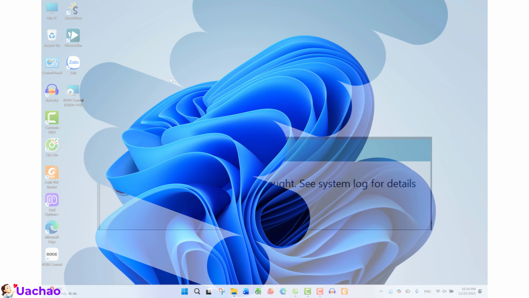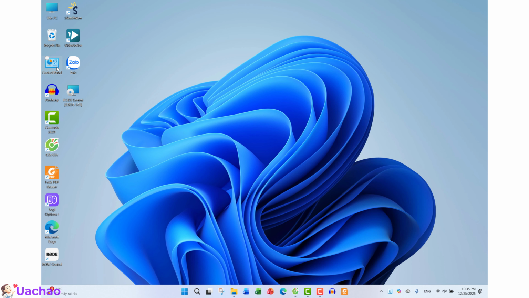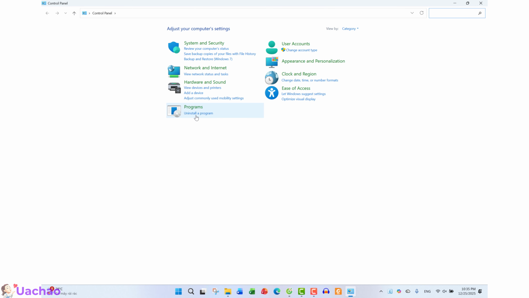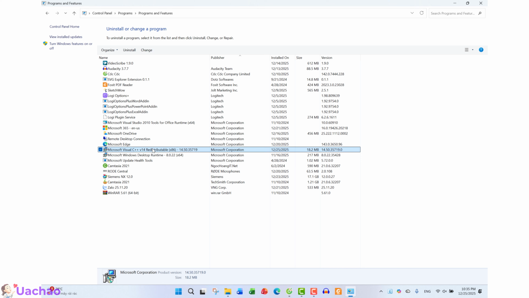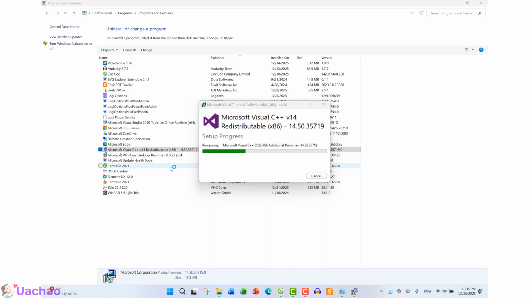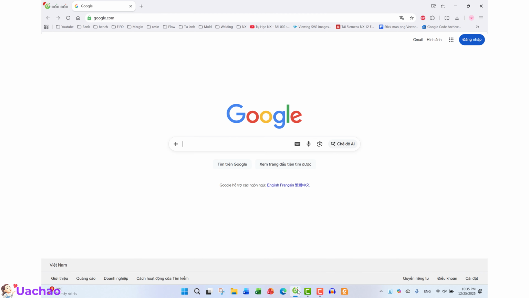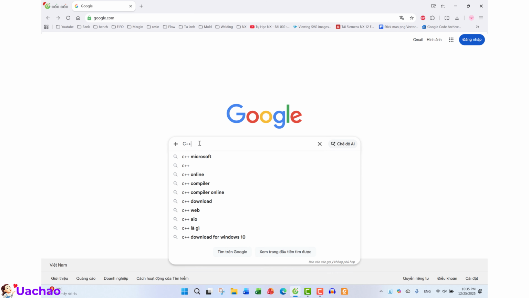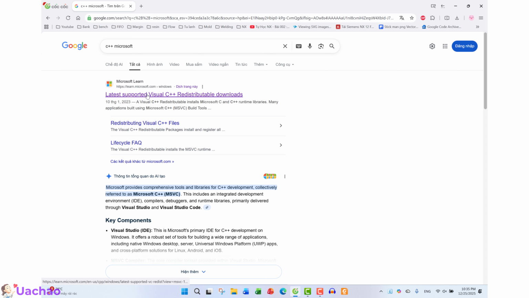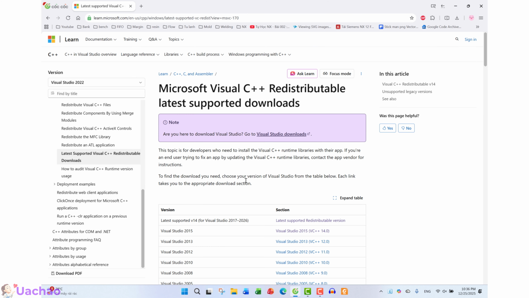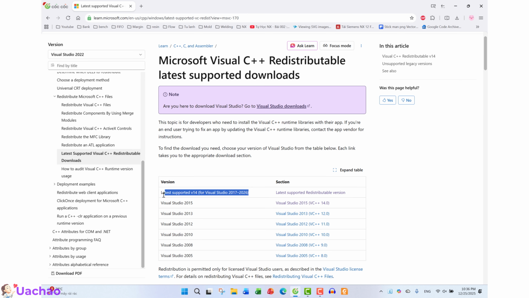Here are the steps. Go to Control Panel. Choose Uninstall a program. Uninstall the Microsoft Visual C++ versions. Then search Microsoft Visual C++ on Google. Go to the official Microsoft page. Download the latest version.